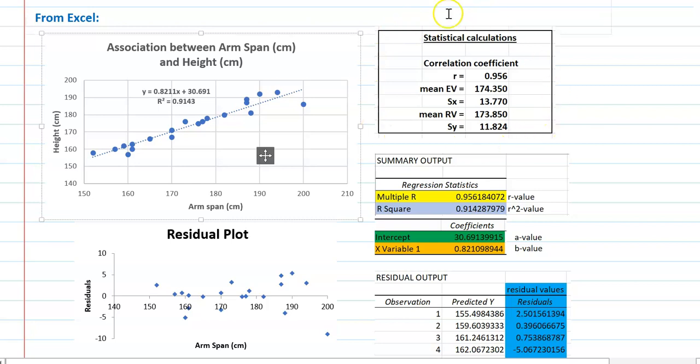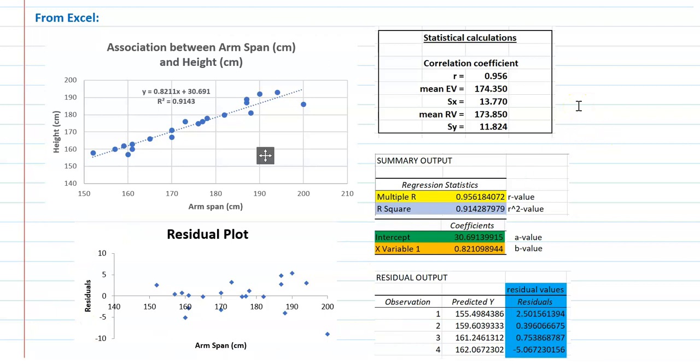We've taken over all our little statistical calculations, so if you needed to, you could then go ahead and use those formula on your formula sheet to calculate the slope and intercept values. We've copied across our important regression values and our residuals, and also, really important, we need our residual plot.